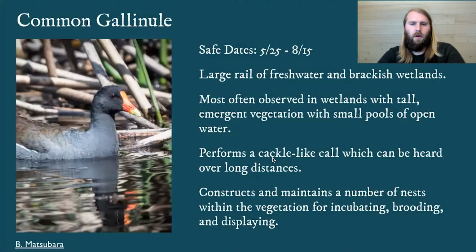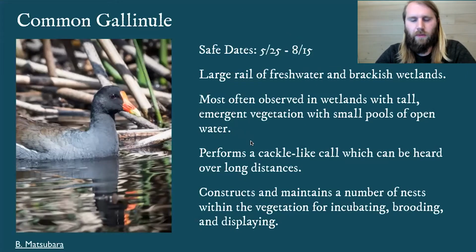All right. So this is one of the larger rail species. It's found on freshwater and brackish wetlands. This is another species we don't have many confirmations of. They do breed in Maine. They're interesting among the rails in that they're often generally with Virginia rail or Sora, skulking in the vegetation. This is a species you're likely to see actually swimming, out of the water, much like waterfowl. They're often in wetlands with a lot of emergence, areas of small openings of water, and they have a wide